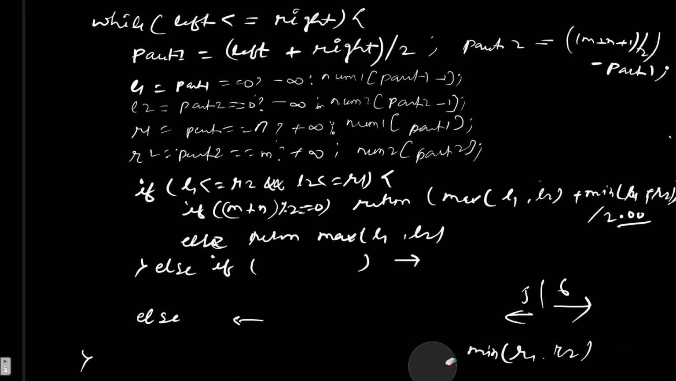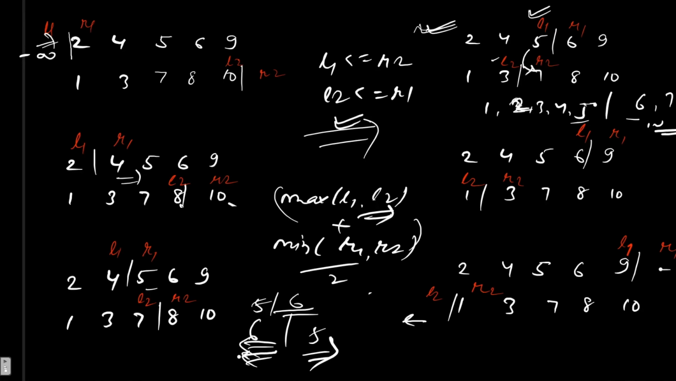So what are these other two cases? We have to either move forward or backward. Whenever we have to move forward, let's see. We can see that in this condition we are moving forward. We are shifting our L1 to the right side. How can we do that? We can do that by setting right equal to